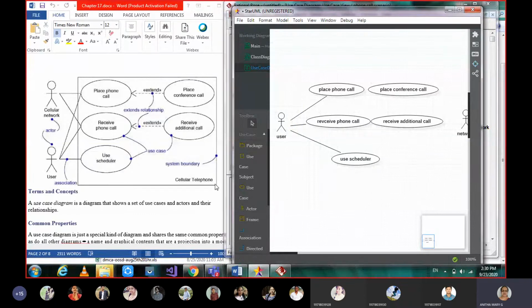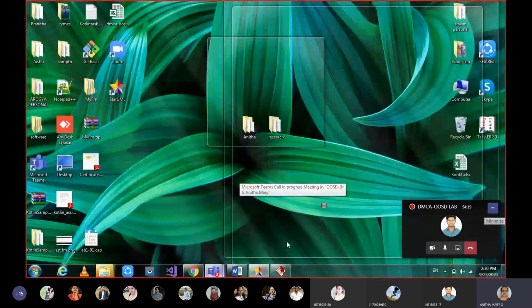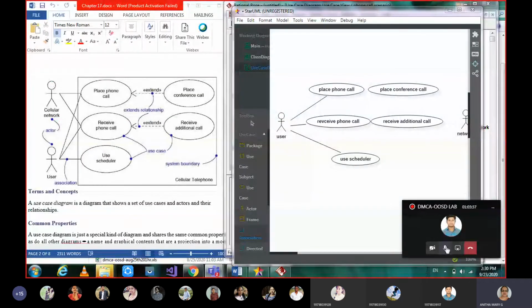This is how we connect, and similarly we have to connect the external actors also.